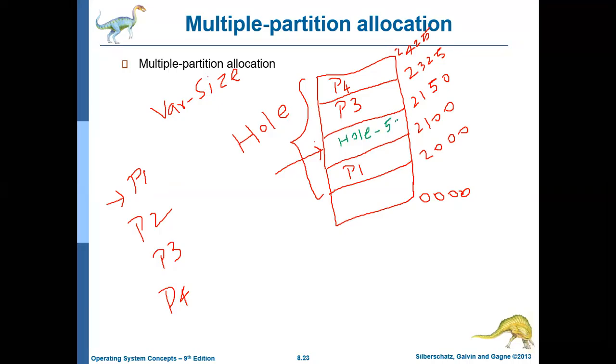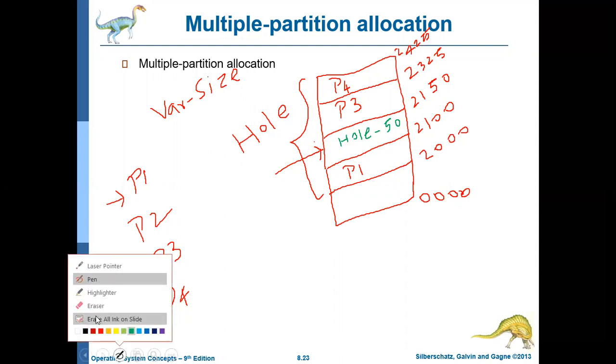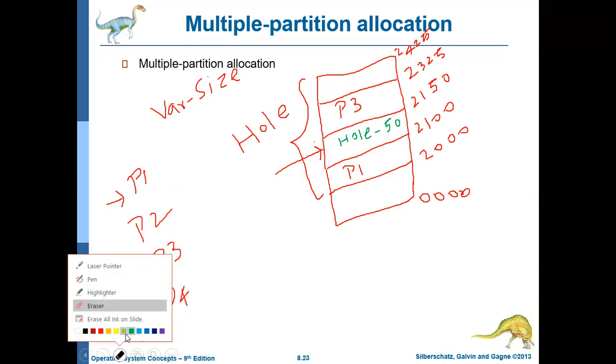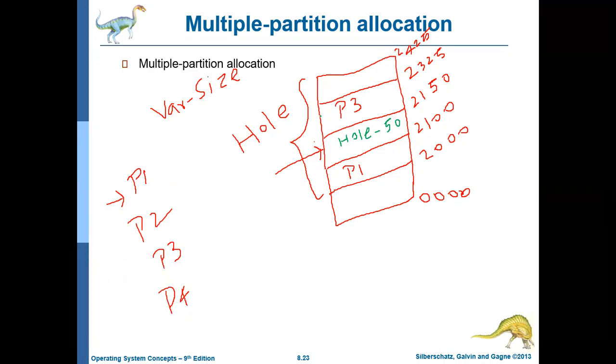Okay, right? Say after some time P4 also completed. P4 occupies how much size? 100 MB. So now there is another hole, and the size of this particular hole is 100 MB.